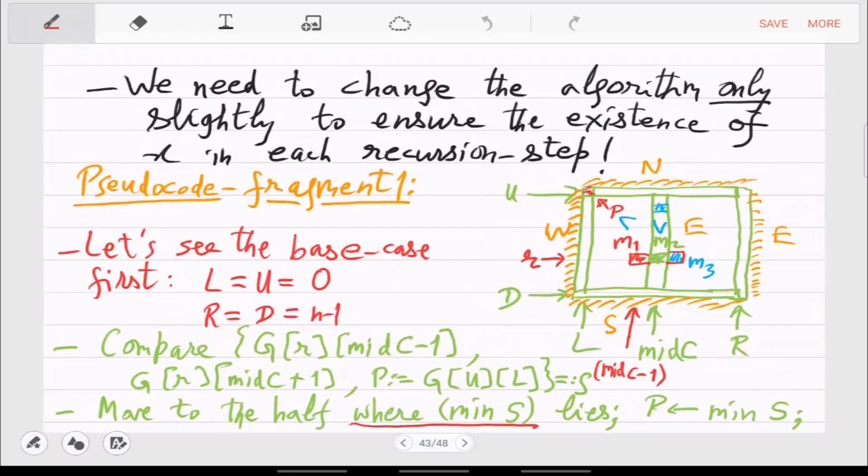Okay. Yeah, we compared this, the S set. There is an S set which is important here. So this S set has 3 elements, and we find the minima and we move to that side, whatever it is, left half, right half. What is the question?